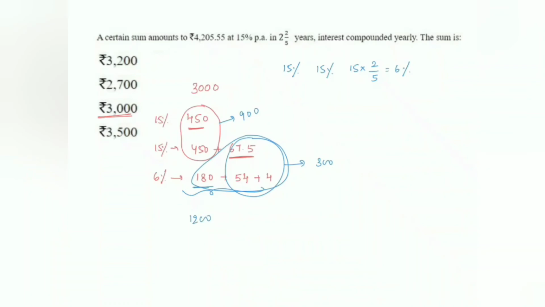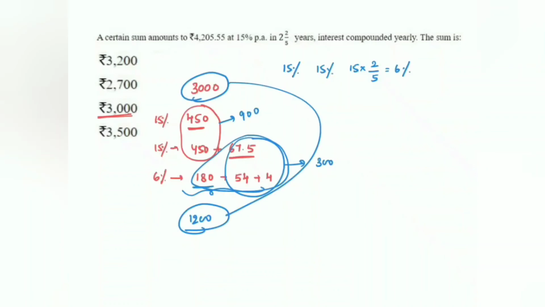So 1200 interest, principal is 3000. Therefore the amount should be 4200 and something. I'm not taking exactly, that is the reason I'm not getting the exact value. So here you are getting almost close. So here your answer is 3000. Suppose you are not getting close. So what you do? If you are getting principal plus interest that you have assumed, and the interest is more than the amount which you need,